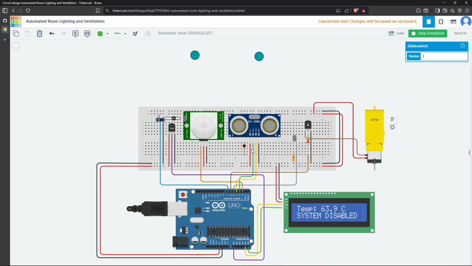To indicate that the system has been disabled, it is simply displayed on the LCD that the system has been disabled. And as you can see, despite having presence in both the PIR sensor and the ultrasonic distance sensor, the LED light is off and the ventilation system is also off, despite the current temperature being at 63.9 degrees Celsius. Now, if we turn it on automatically,